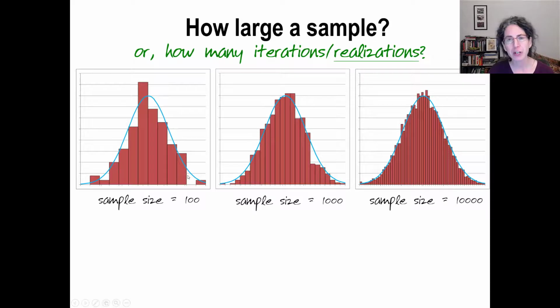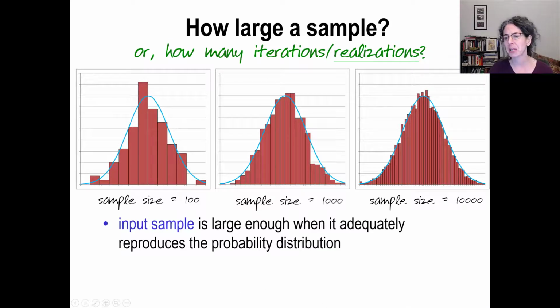Sample of size 100 is doing a pretty good job of getting the middle of the distribution right and giving us an idea of the spread. Sample of size 1,000 is doing a good job on the spread, and it's starting to fill in the tails. The sample of size 10,000 is actually now doing a much better job of filling in the tails, right? And depending on how far out those tails we need to go might define how big our sample needed to be. But we can see that a sample that's larger is definitely much more representative than a sample that's smaller. Right? So we say our input sample is large enough when it adequately reproduces the probability distribution,